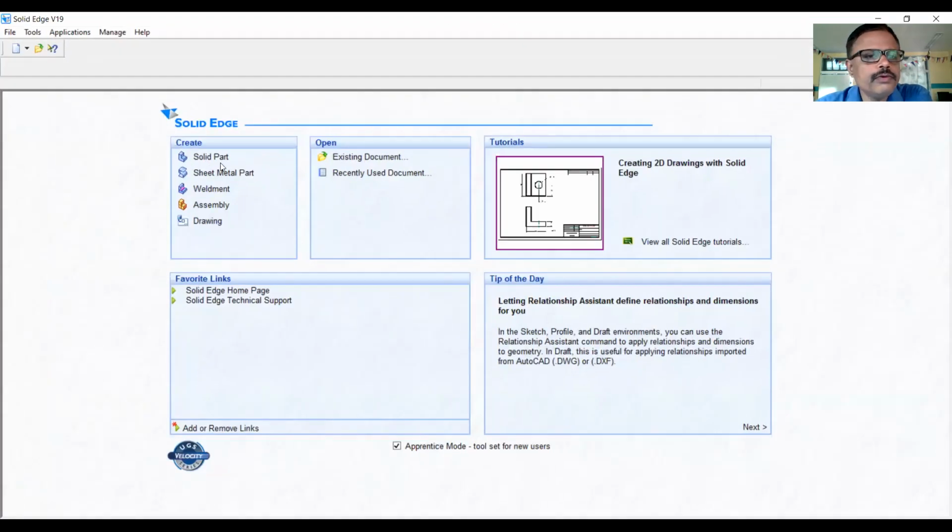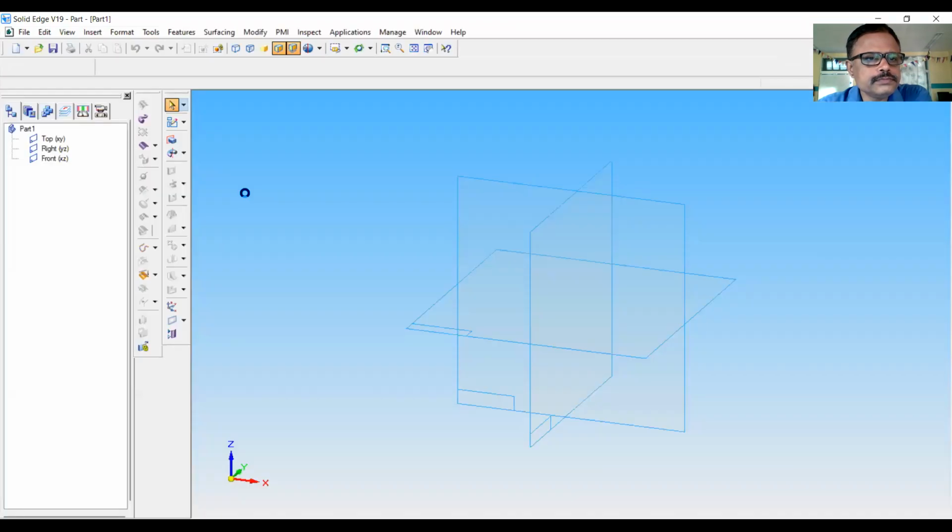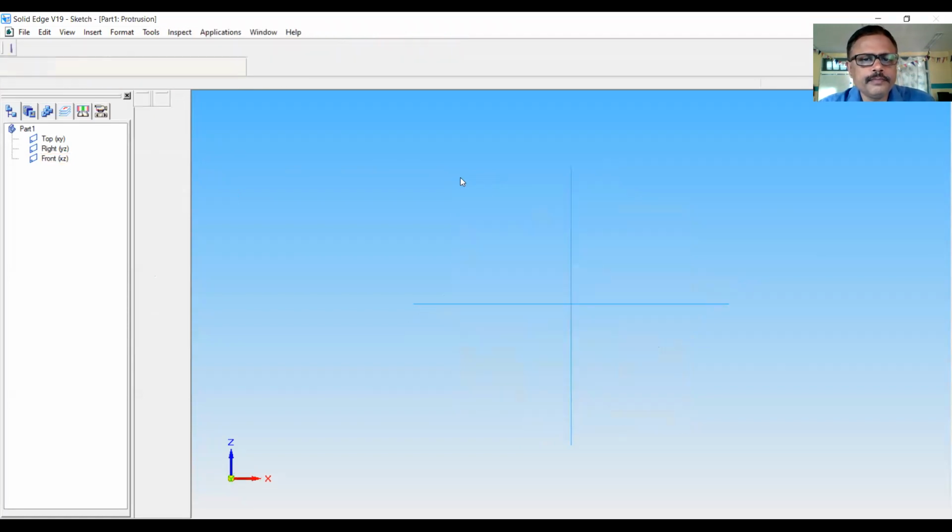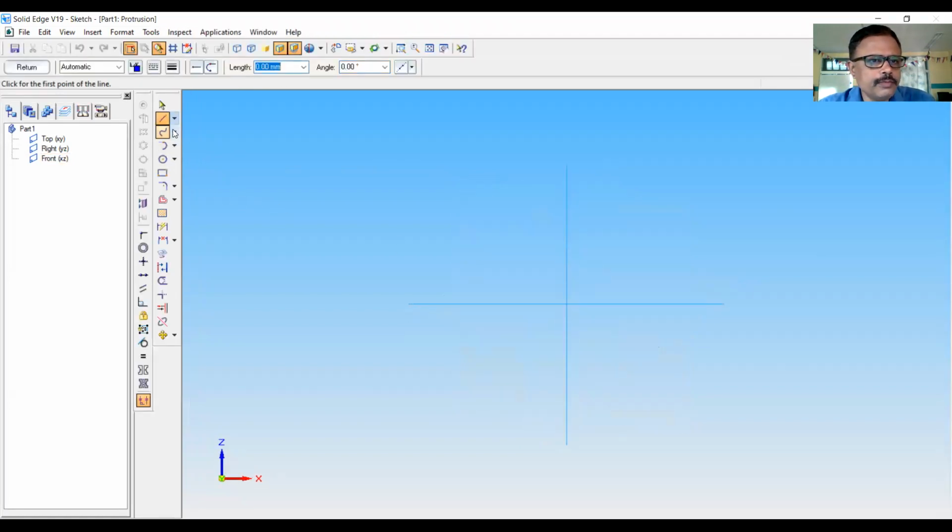See, when you click the Solid Edge software, there are 5 modules. Now I am starting with part mode. To create the part, we have to click on protrusion. It is a part creation tool. Click on protrusion. Click on the front plane. Now I am in sketch mode. Draw the profile needed to create the feature. So the profile is like this.